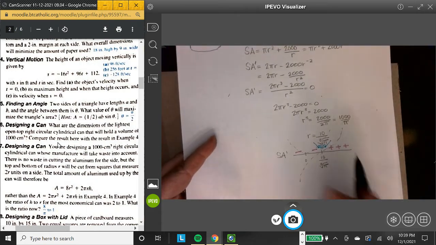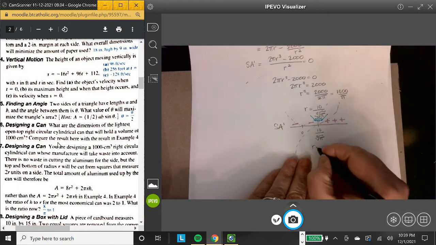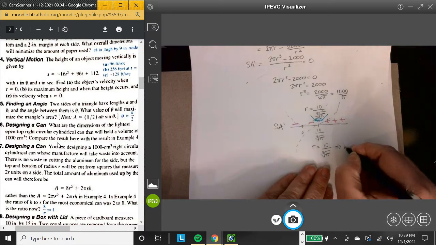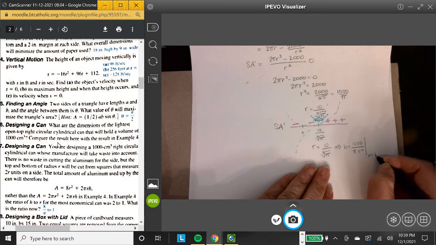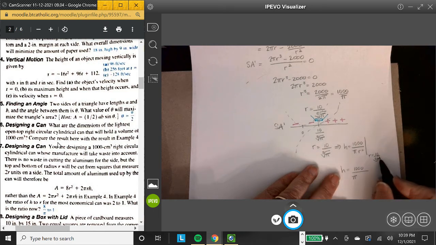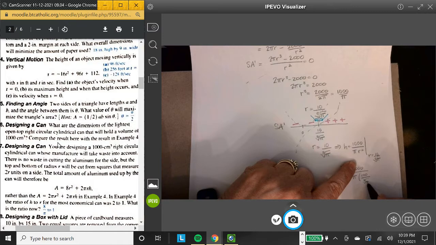Well, I know what r is, so I got to find h, right? So if r equals 10 over the cube root of pi, h we know is equal to 1000 over pi r squared, and I'm going to go such that r equals 10 over the cube root of pi. So let's plug that in. We're going to say h equals 1000 over pi times r squared. Well, r squared is going to be 100